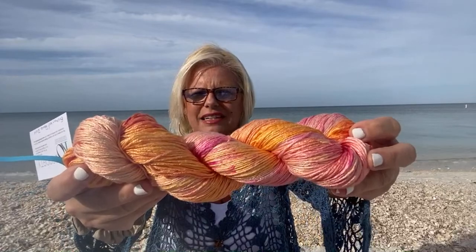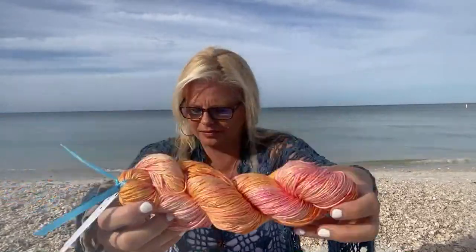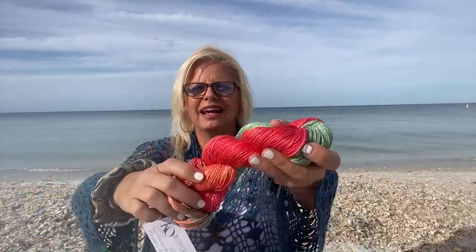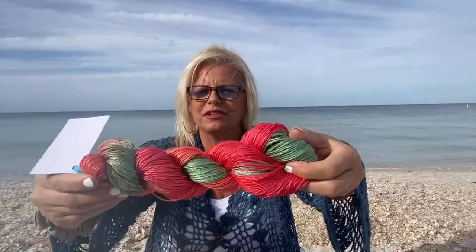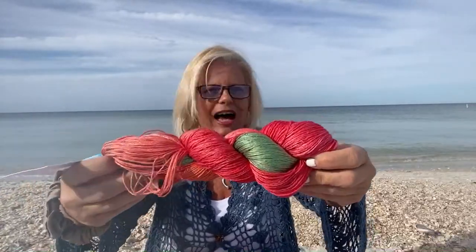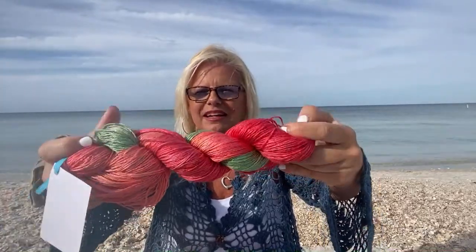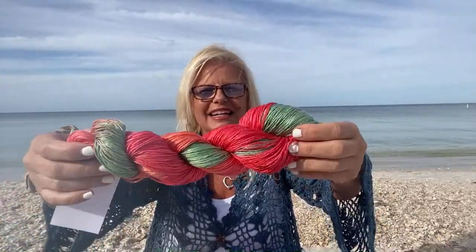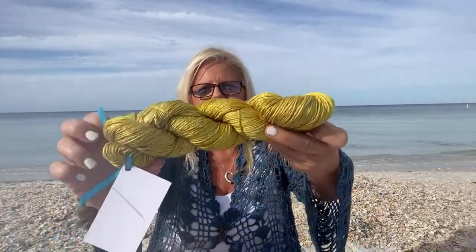This is Enchanted Peace Rose and Flowering Aloe Vera. By the way, I have two different types of aloe vera plants in my backyard. Both are starting to flower right now, and I'm so excited about that. And that's what this yarn is named after, because it's got the green of the plant and the bright fiery orange coral of the flowers. So cool. This is Gold Leaf,